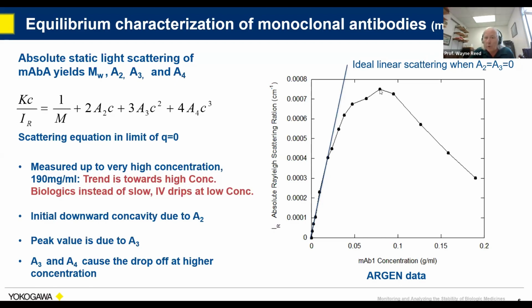A positive A2 is generally good because it signifies repulsion and hence not attraction and aggregation or other associations. You see it come to a maximum here, and that'll happen with just an A2, but the fact that it then comes down after that is where A3 and A4 are coming in. These are perfectly transparent solutions. There's no turbidity at all. These are corporations that have the resources to make extremely pure formulations.